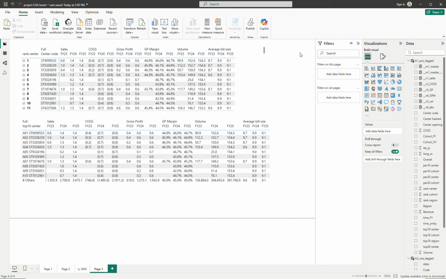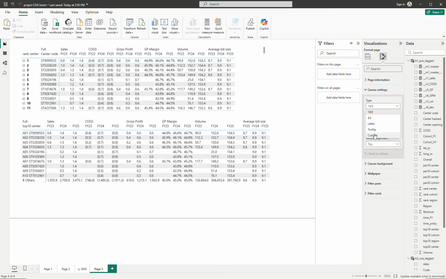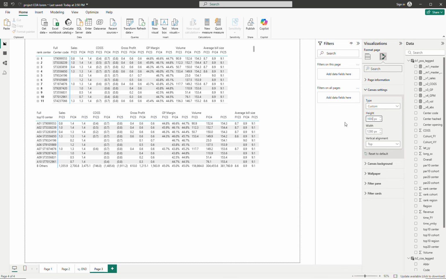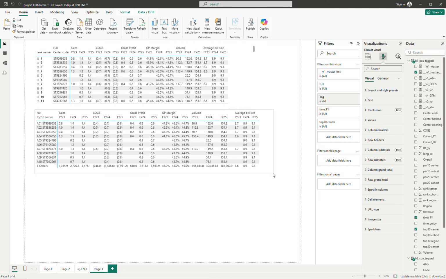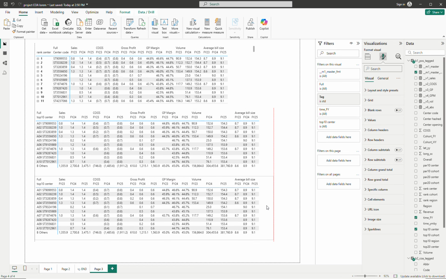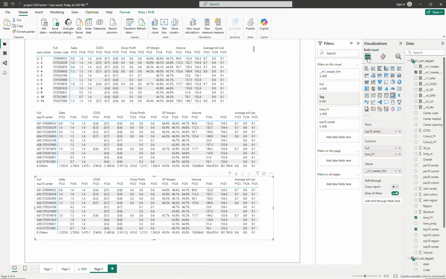So going back, click on the empty space, go to the visualization formatting and then canvas setting here. You go to customize and then set this one to about 1000. So it will show you all the rows in this case, and then you can replace the top 20 by center in this case. Okay, there you go. So you have all the